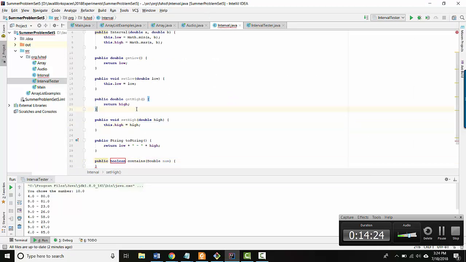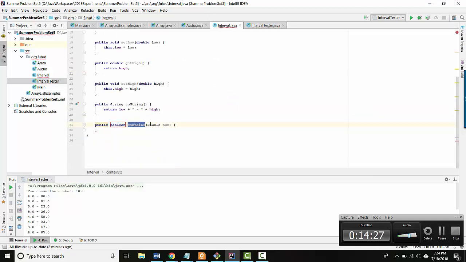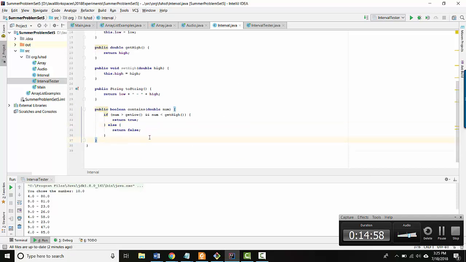Here I am inside my interval class. I've got a contains method, takes a double as an input, returns a boolean. So same thing as before. If number is greater than getLow and number is less than getHigh, then I want to return true. Otherwise, I want to return false. This works. This is good. But